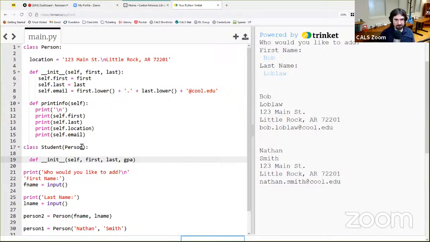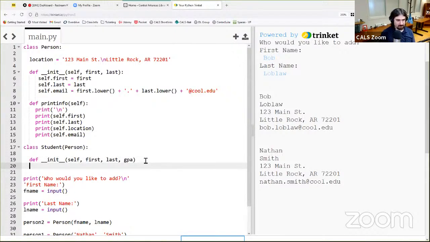The GPA, at least for this example, is going to be the one additional defining attribute that we have for our students versus any other random person. So I'm going to press enter here, and whoops. Nope, I need a colon after that. Now I'll press enter. There we go. That's pretty good. So we've got this double indented underneath this def line. And then we'll say self dot